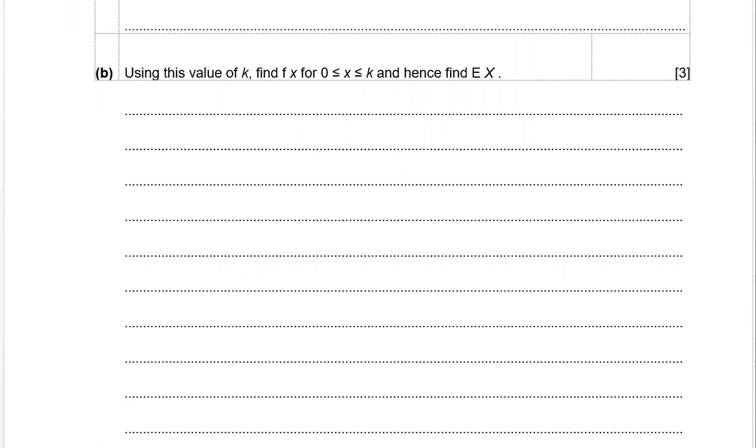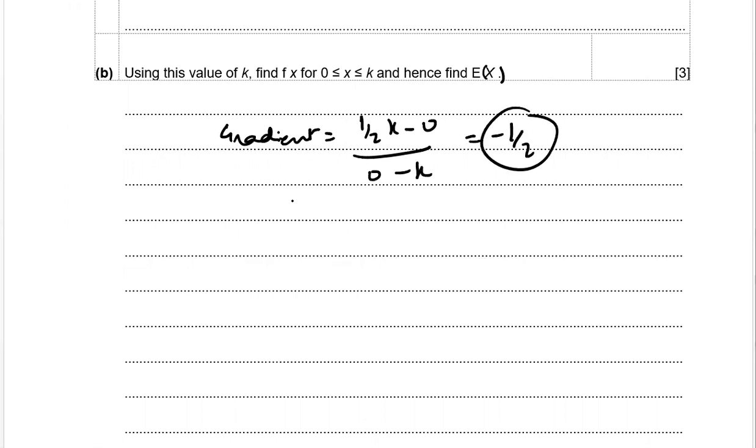Then find the value of k for x for which 0 is less than x, and hence find the expected value of x. First of all, we would be finding the gradient. The gradient is equivalent to half k minus 0 upon 0 minus k, that is coming minus half. Now we have f of x equal to minus half x plus 1